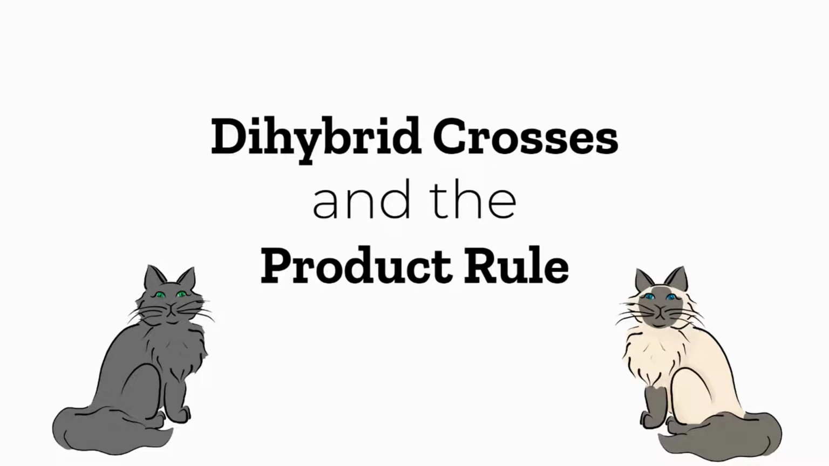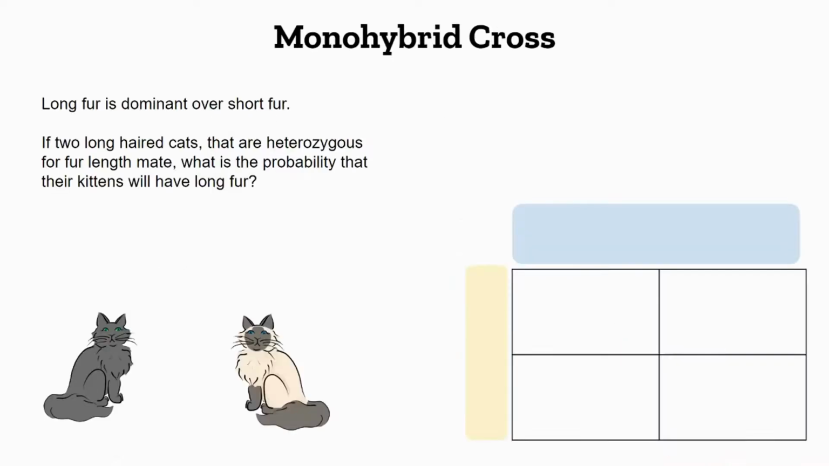Dihybrid crosses and the product rule. You've already learned how to do monohybrid crosses. Examples like this: long fur is dominant over short fur. If two long-haired cats that are heterozygous for fur length mate, what is the probability their kittens will have long